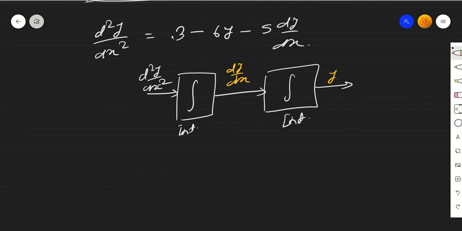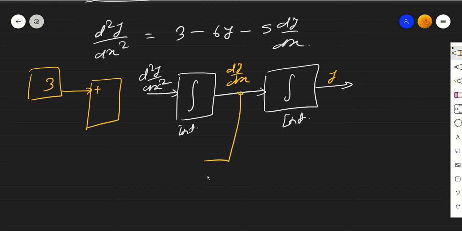Now what are the things there? 3, and then 6y and 5 dy by dx. So we will try to develop these parameters and feed them in. Let's suppose we take one summation block here. One constant will be added, which is 3. Next, one more thing that will be added is this output with a gain of 5, going here with negative because minus 5.